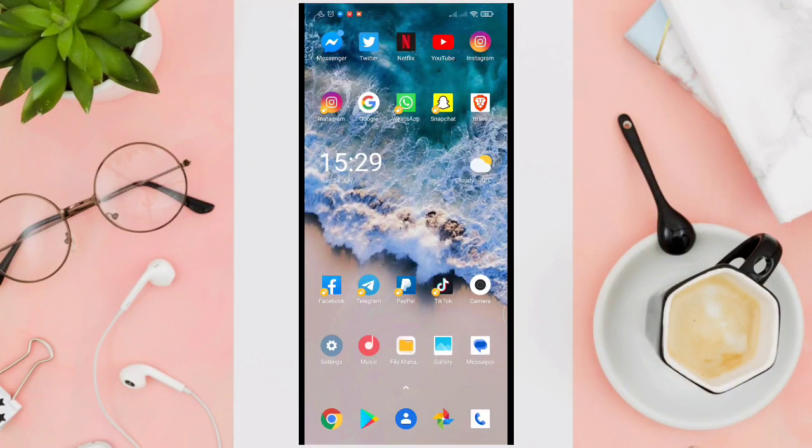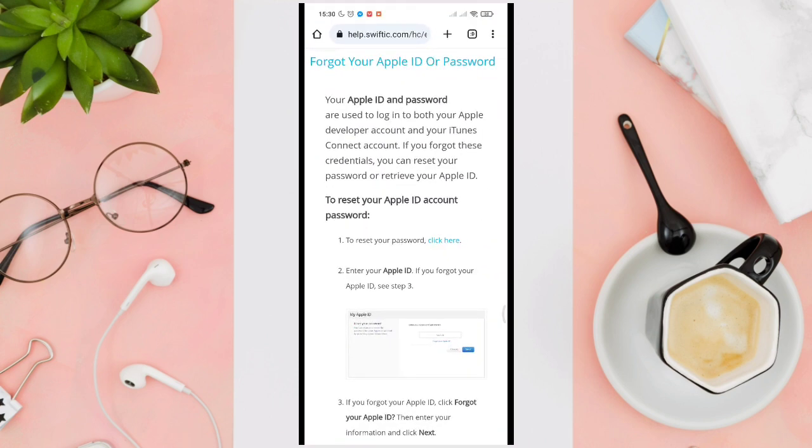So in this video, I am going to show you how to see your Apple ID password if you forgot. Okay, so this problem is very common. People tend to forget their password. Now the first thing that you can do is